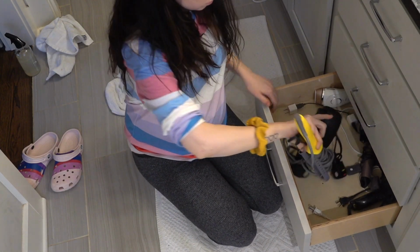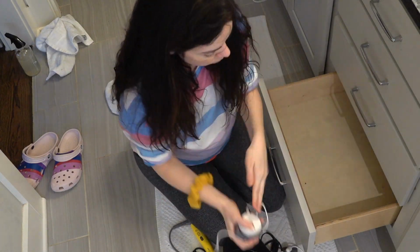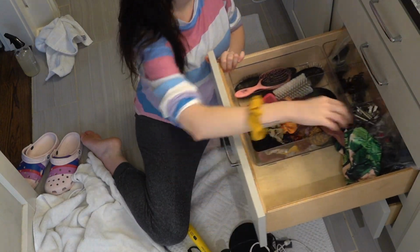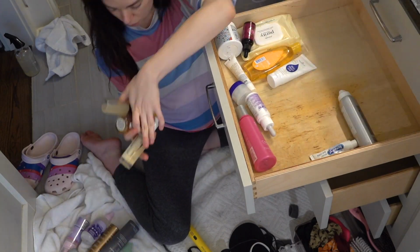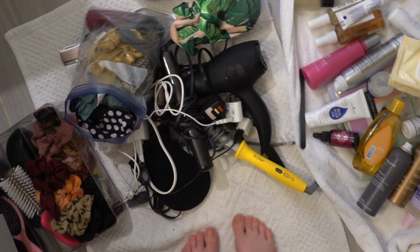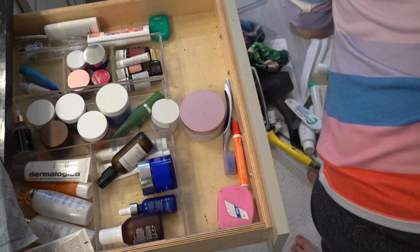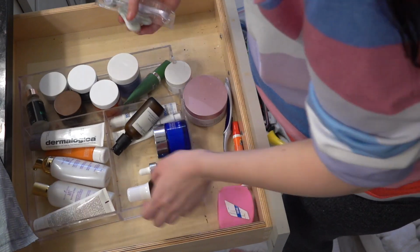So we are starting off this clean out process pretty much the same way that I start off every clean out process, and that is by taking everything out of the drawers or the shelves or wherever you're taking stuff out of. Now this can be really overwhelming, and I think this can stop a lot of us from decluttering sometimes because it's so much. And even though I tackled this and it was kind of a big project, like this is an obnoxious amount of stuff, I will say this whole video took place over the course of like 3 days,